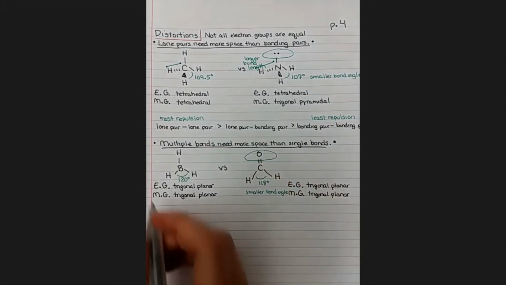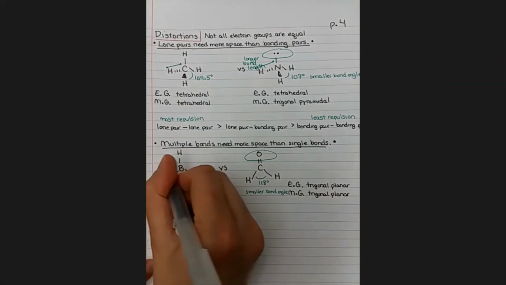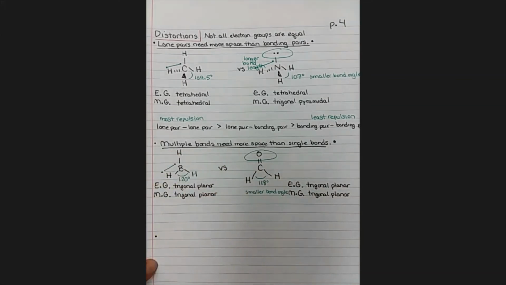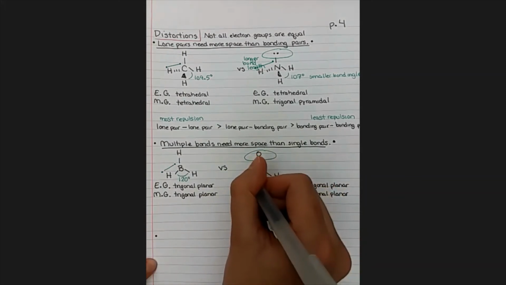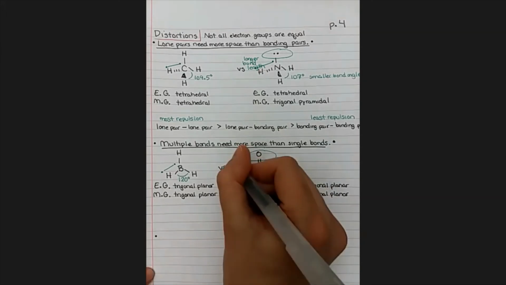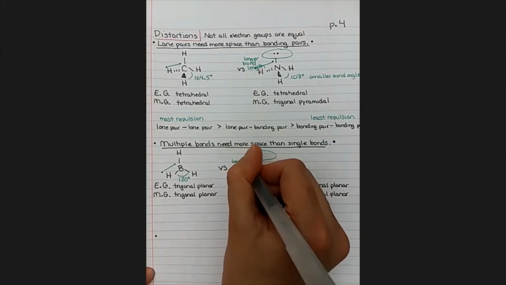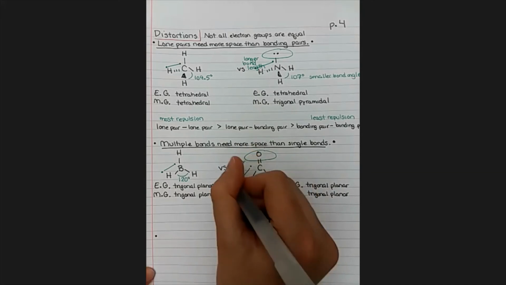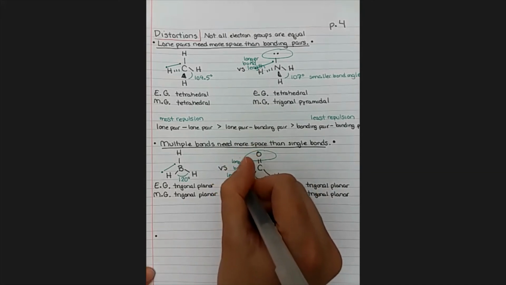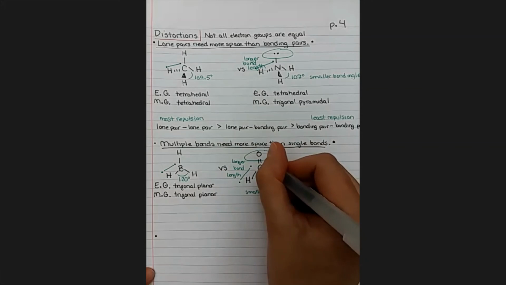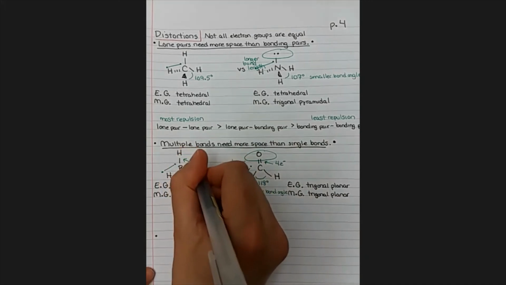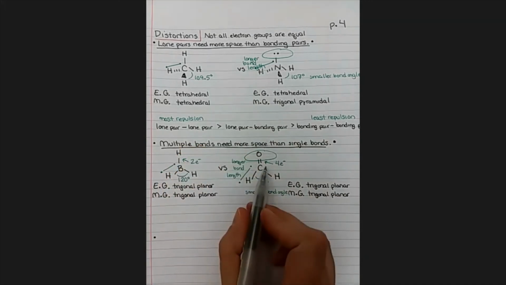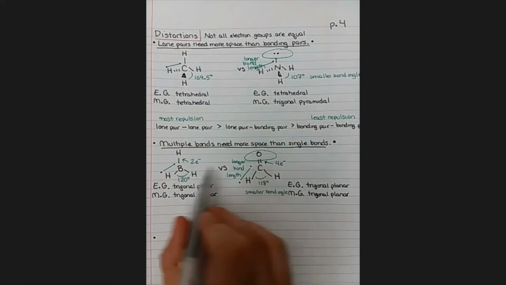And as we said in the previous one, the other difference is the bond length. So we have a particular bond length for our normal trigonal planar. And when we have a trigonal planar involving a double bond, that bond length is slightly extended. A longer bond length with a multiple bond. And that's because this bonding pair is actually 4 electrons, 2 in each of these bonds, and this bonding pair is 2 electrons. So it would make sense that this bonding pair of 4 electrons need more space